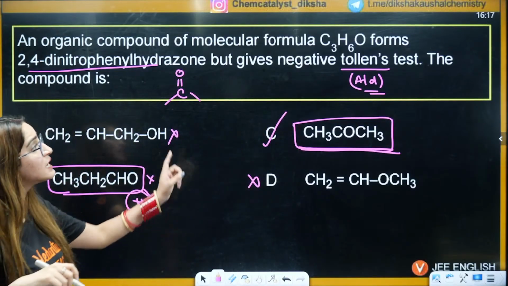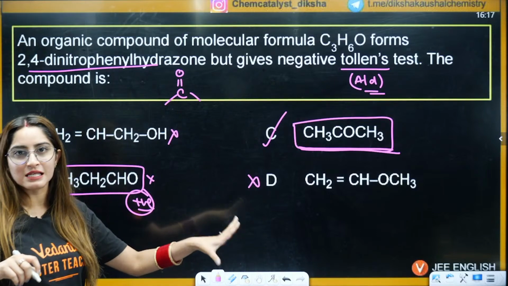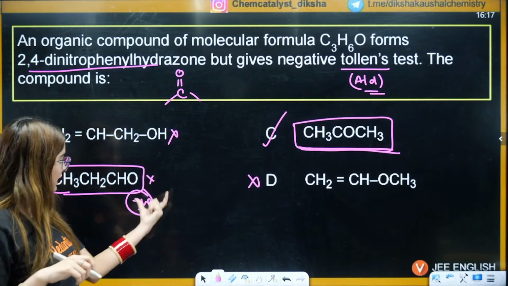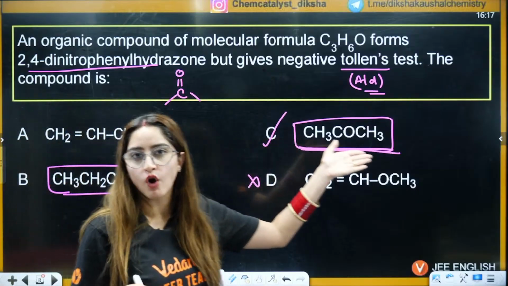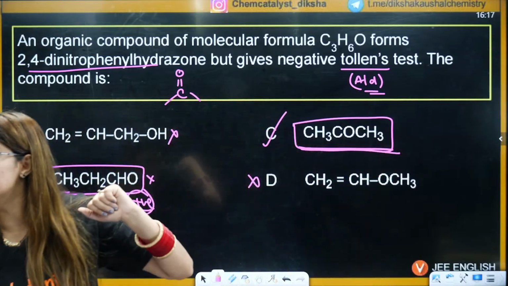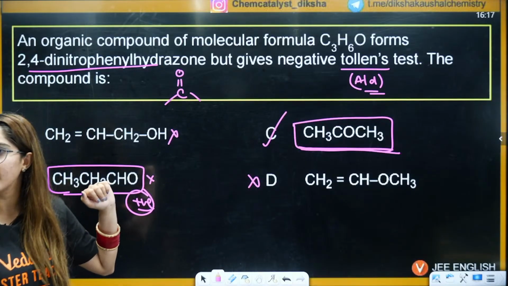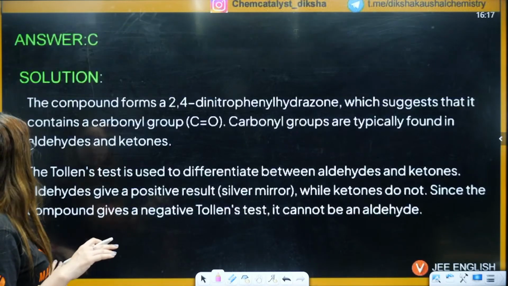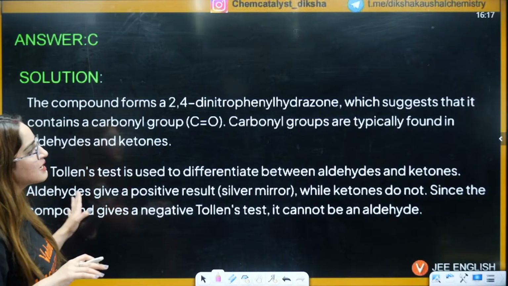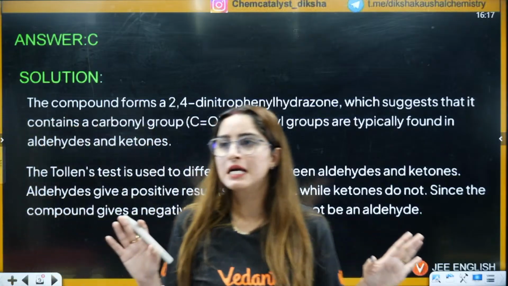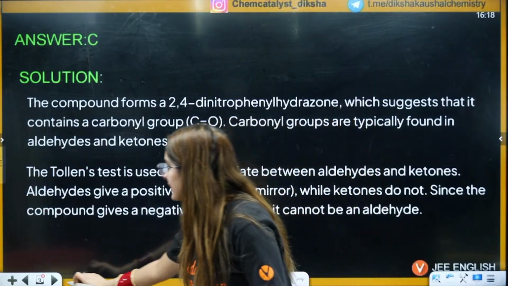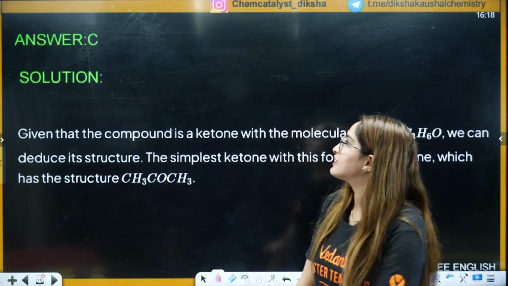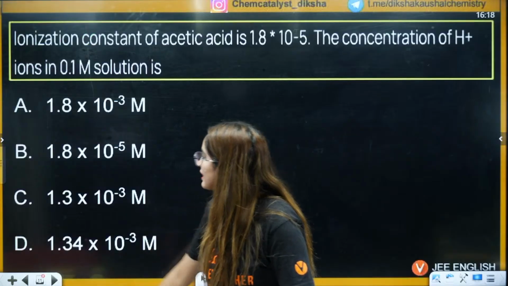They are asking that it should give a negative Tollens test. Tollens test is given by an aldehyde, so this will give a positive Tollens test and this will give a negative Tollens test. So the answer will be C. Is that clear, students? Okay. A positive Tollens test means aldehyde, right? So we need a negative Tollens test here, right? Okay. Next